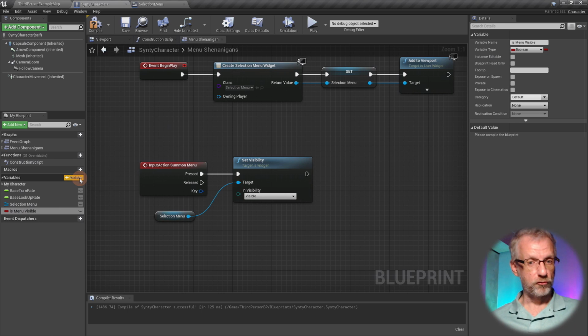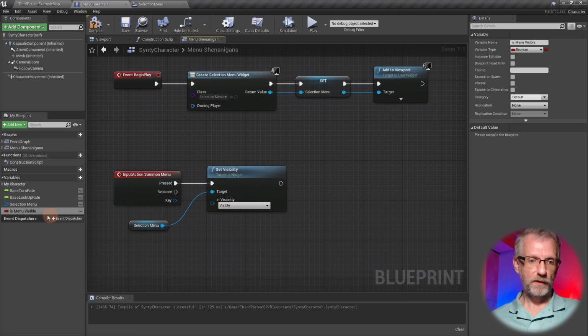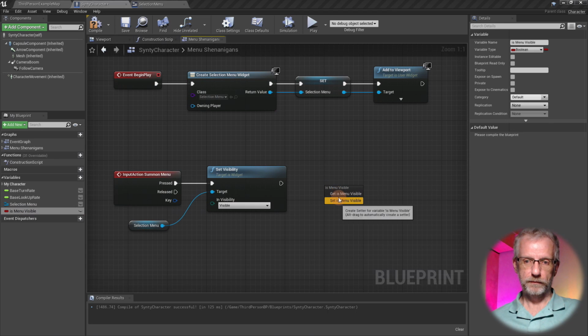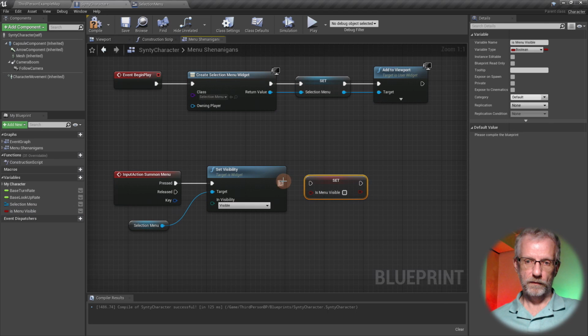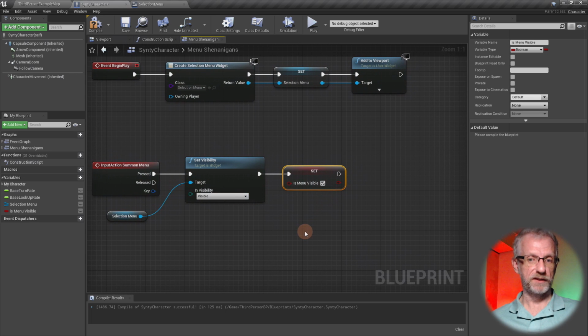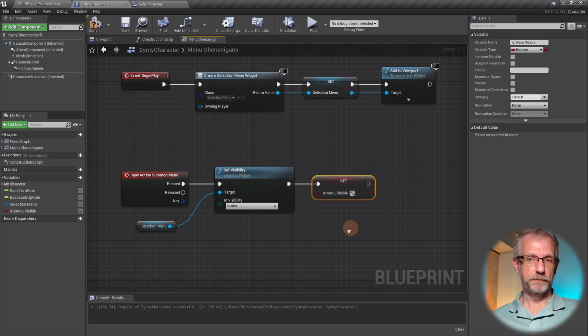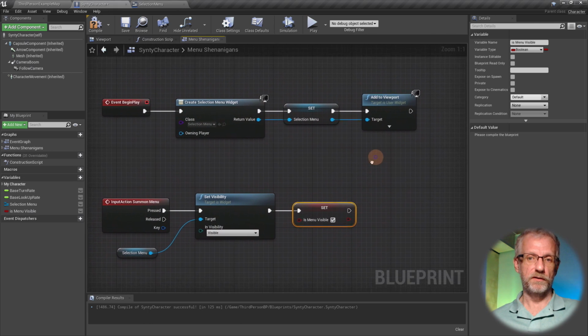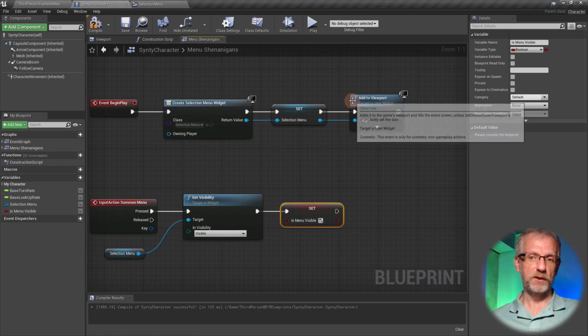And if that's true, then the menu is in vision. And if it's not, then it'll go away. And we can go and set that later. So first of all, let's go and set its value now to on, because we've just made it visible. And that is that. This also requires for the menu, before we're going to put it on the viewport, to